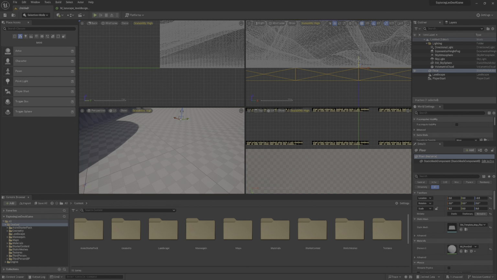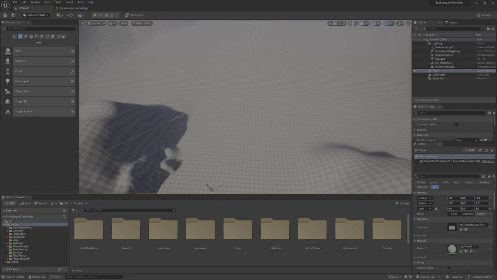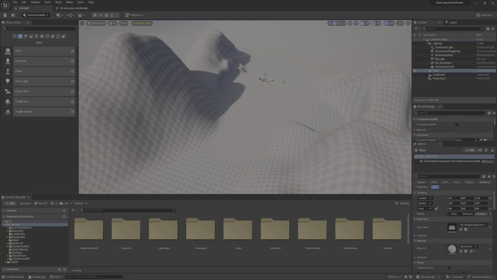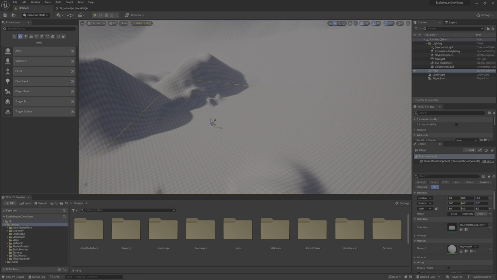So I have 2 options here. I could raise the floor up a little, or I could lower my landscape down a little. I'm going to leave the landscape at 0. I'm going to leave the floor at 0 as well. And what I'm going to choose to do is go into the landscape tool here. So there's my block. If you're using your grid pieces, your man-made blocks, or if it just makes sense to use geometry blocks